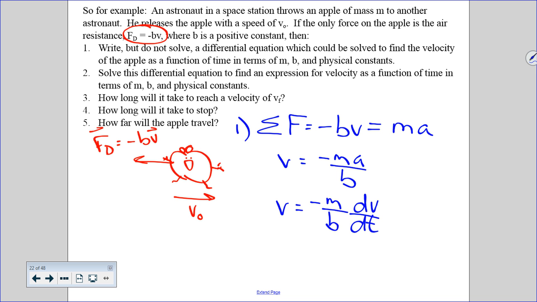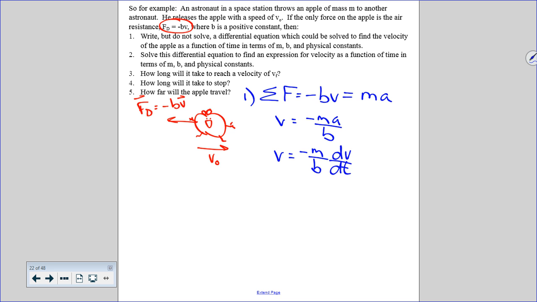All right, so number 2, solve this differential equation to find an expression for the velocity as a function of time in terms of m, v, and physical constants, which there aren't any in this problem. All right, so